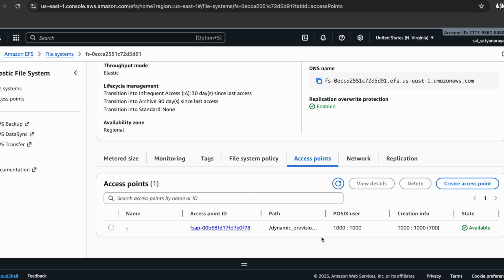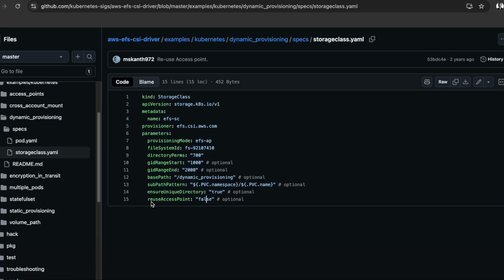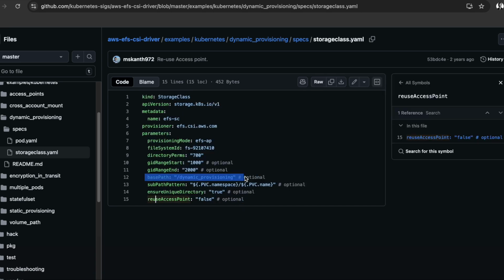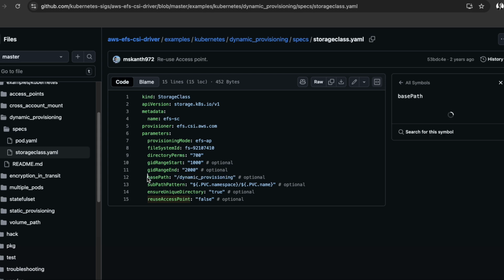So this is called dynamic provisioning. How is this dynamic provisioning? Because within the same file system, it will create multiple access points based on the paths and the volumes that you have created. If you want to reuse the same access point, we can enable this option, reuse access point, as true. And if you want a different path, you can set a different base path. Like that, you can create dynamic and static provisioning using PVC, PV and storage classes using